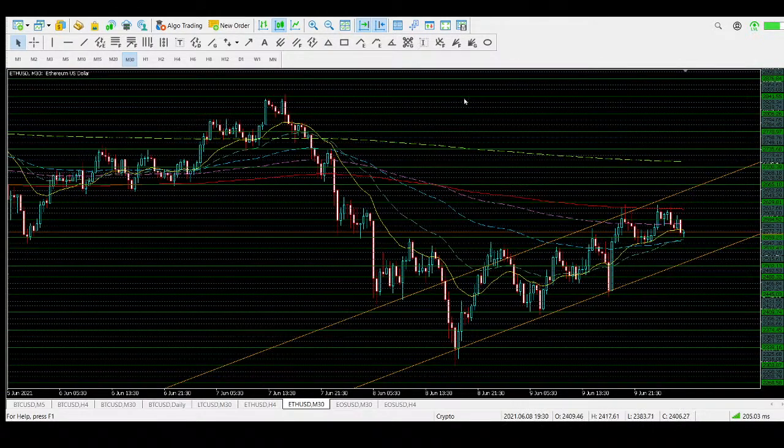I can also rearrange this and use the look back bars, which allows me to look back in the history and see what's happening within the price action levels. The current look back bars at the moment is around 200. I can always reset this again and say, let's go back all the way to 500 and see if there's anything that